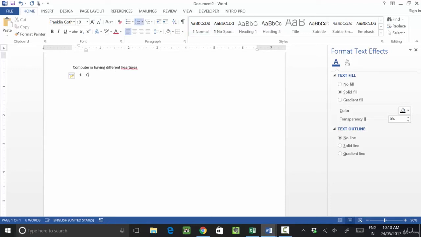For example, computer is very intelligent, computer is very fast calculator, computer is very small in size. Okay, so I have highlighted this text.